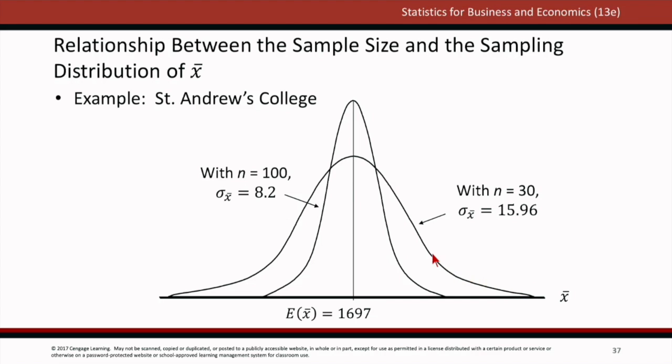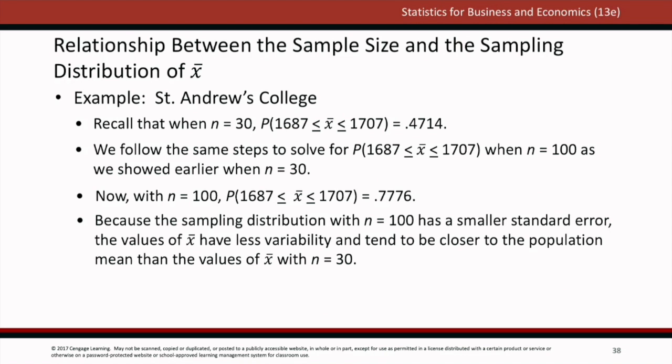If we put that in pictures, it will be something like this. With sample size 30, this is the distribution of the sample means. With sample size 100, this is the distribution of the sample means. Notice that they are centered at the same value, but now this is more concentrated around the mean. We can ask the same question that we asked before. What is the probability we are between plus and minus the expected value? If we calculate that, n equal 30, we know that this probability is equal to that. If now we use 100 and we repeat the process that we did, we are going to find out that now the probability is